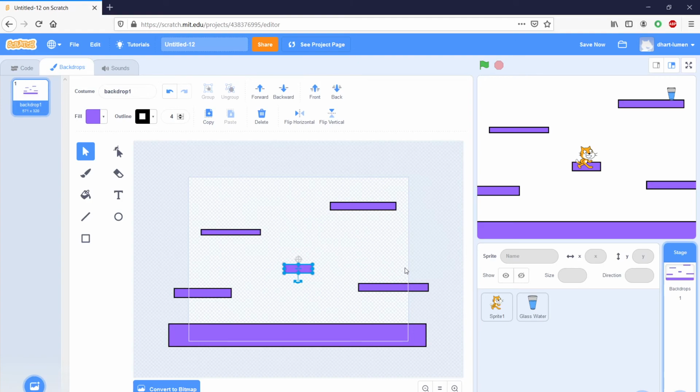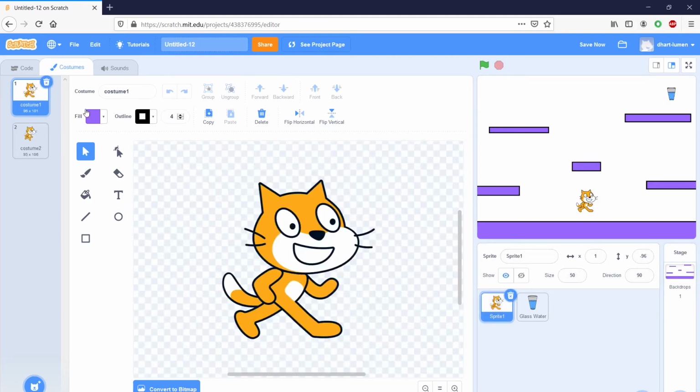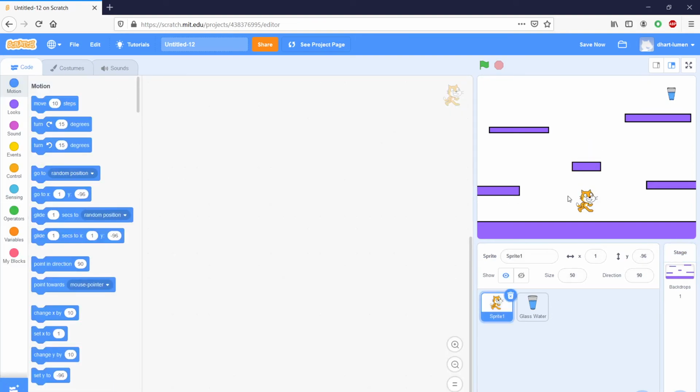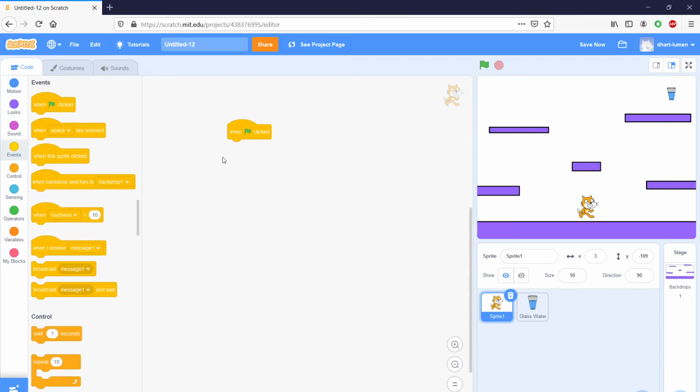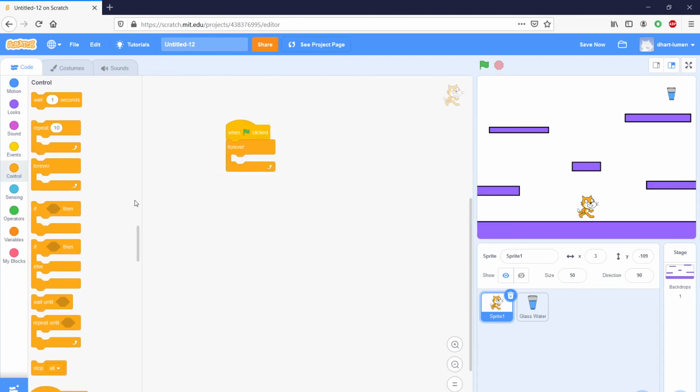So what we want to do is the cat needs to go around the stage to collect the water, etc. So let's start with the mechanics for the cat. I'm going to go back to his code. Let's start with the easy part. Left and right. When the game starts, I'm going to do a forever if statement, and if